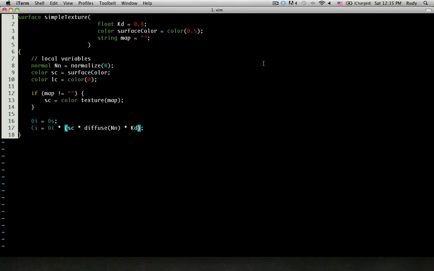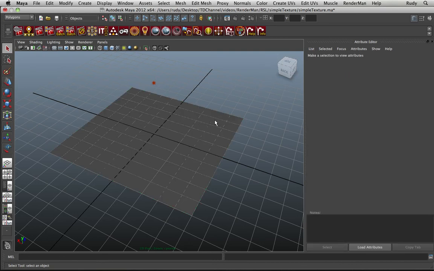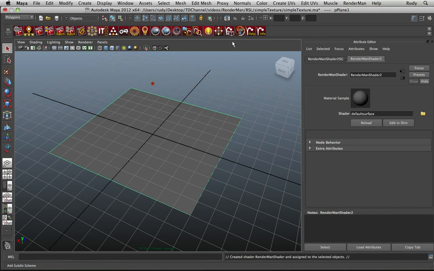And for this tutorial, like I said, I'm using RenderMan products, Pixar RenderMan products, and what I have here is a Maya session that has RenderMan Studio loaded into it. In RenderMan Studio, there are several ways you can assign shaders to your geometry. We're going to use this method over here, which basically on the RenderMan Studio tab, you're going to have a little button that says assign RenderMan shader to selected objects. So the object is selected, I'm going to click on it, and it's going to create this little node here in the attribute editor. So at this point it has a default surface, and I should be able to go ahead and click render,